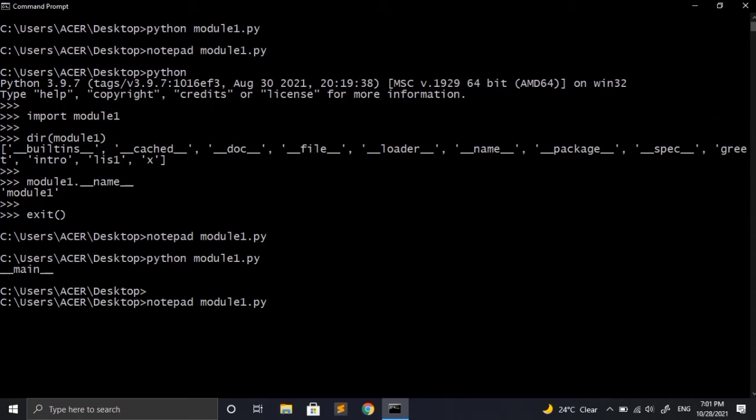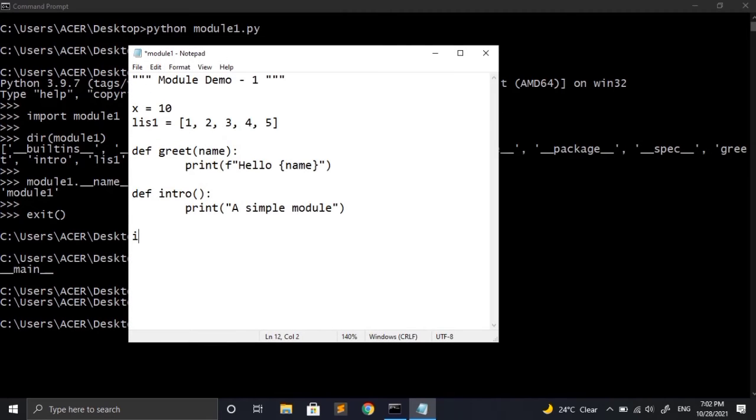So now let's again open module1, and this time I will be adding code which will tell us if the module was imported or if it was running directly. Here I am writing if __name__ == '__main__', which means check if the name of the file is __main__ or not. If it is, the module is running directly.